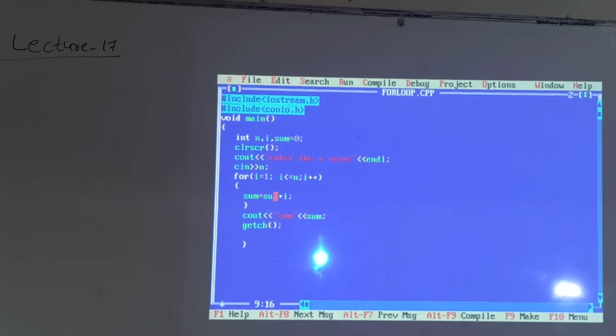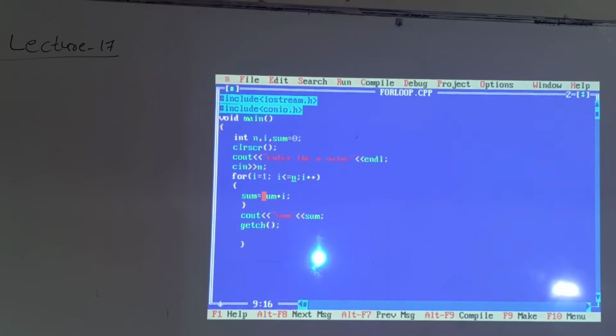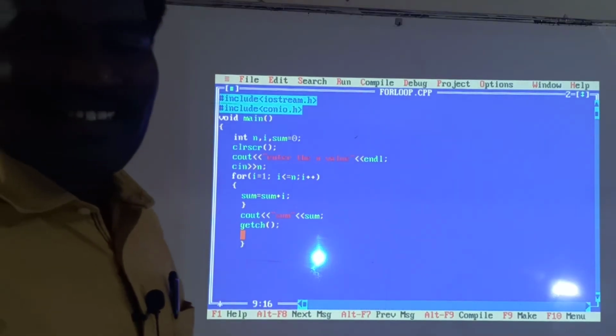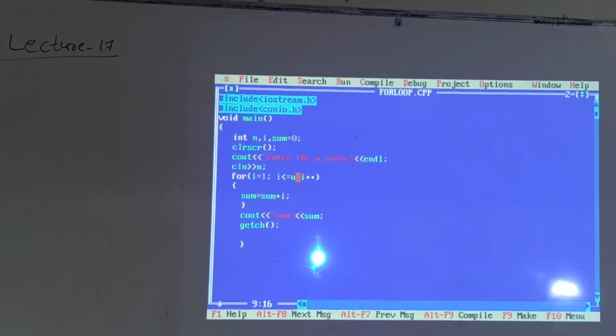The present value of sum is 1, 1 plus i value 2, that is 3, 3 is stored in sum. Again the loop will continue, i becomes 3, sum value 3 plus i also 3, 6, next 6 plus 4, that is 10, 10 plus 5, 15. When the i value becomes 6, 6 is less than or equal to 5, the condition becomes false.